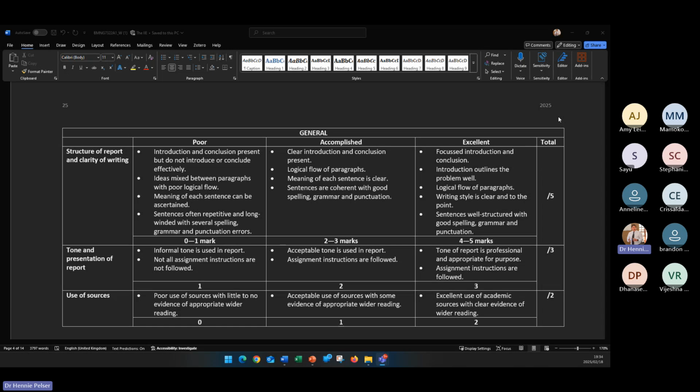Right. So to start with, the first thing is to remember that there are 10 marks allocated for the structure, how well you've written, the kinds of resources that you've used in your assignment. So please make sure that you have an introduction. Please make sure that you have a conclusion. Absolutely essential for me, and I know it's only 5 marks out of 100, but this should be guaranteed that you get the full 5 marks.